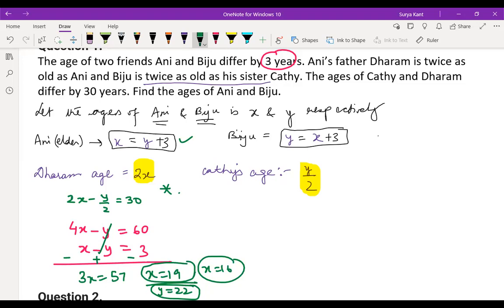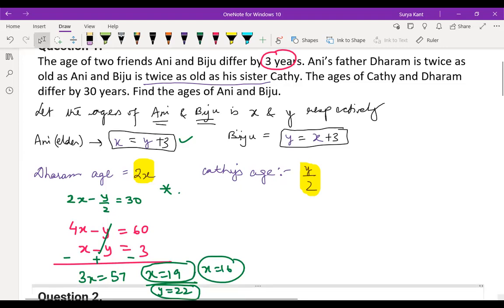As Biju is greater, older, right? If Biju is older, then x plus 3 will not be there. If Biju is greater, it means we are comparing x and y, right? Okay, sir. So if Biju is greater, it means x plus 3 only should be done, no? Sir, probably it's a printing mistake. Even in the answers, it is given 19 minus y is equal to 3, but it should be minus 3, which they have missed.